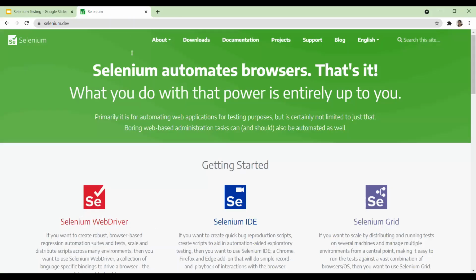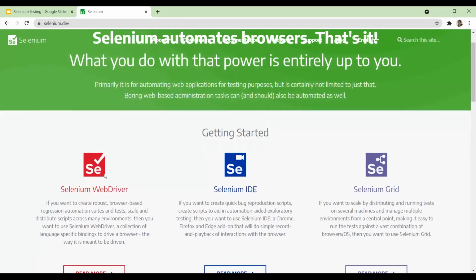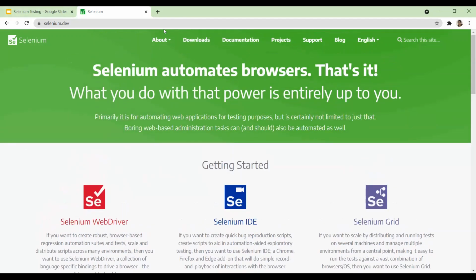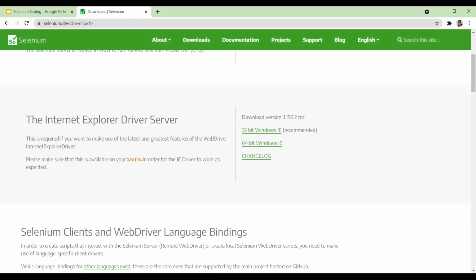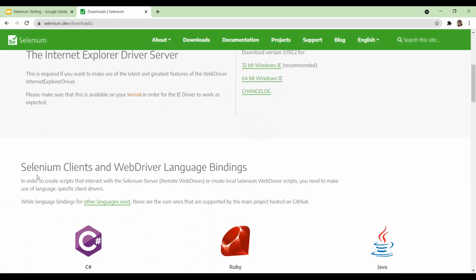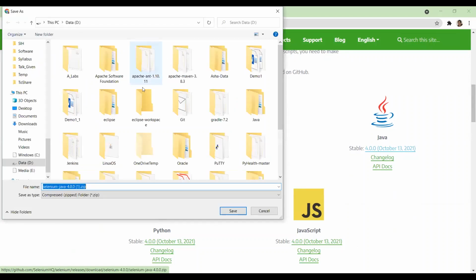So this is the official Selenium website. If you can just look over here, you have these three flavors: Selenium WebDriver, IDE, and Grid. Right? So from the official website, you just need to go to Downloads. And from the downloads, you can go and download Selenium clients and WebDriver language bindings. Now, since we are going to use Java, we'll just click on this Java and we'll download these into